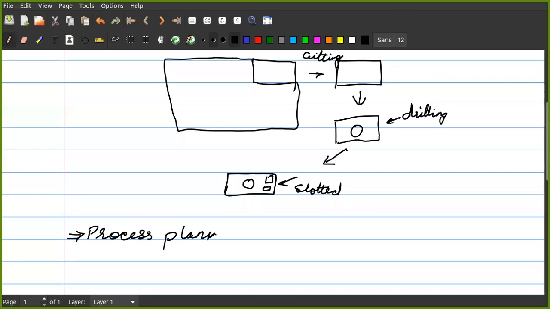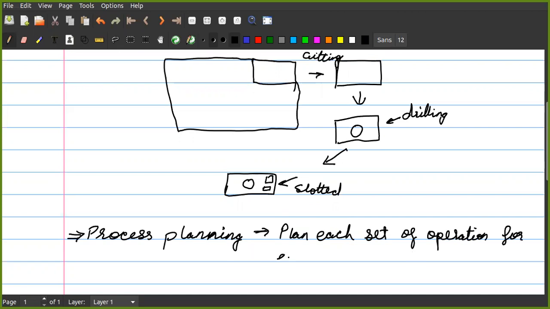That is, you need to plan each set of operations for every part or product, whatever you may call it. So this is process planning.